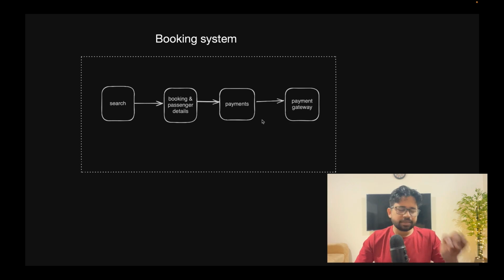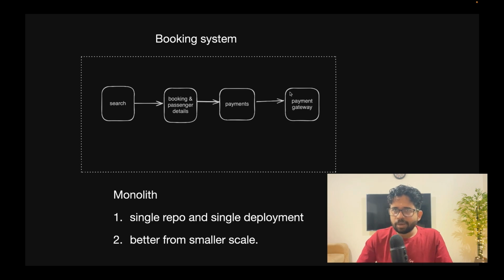Now, initially, that system was a monolith, and when it was a monolith, there were a bunch of challenges. The first one was that we had one single repo to do everything and one single deployment. These two things could be different as well. I'll talk about that later, but we had one single repo in Git where we had search, and all these things were different folders in the same repo, and we were coding in different folders based on what our responsibilities were.